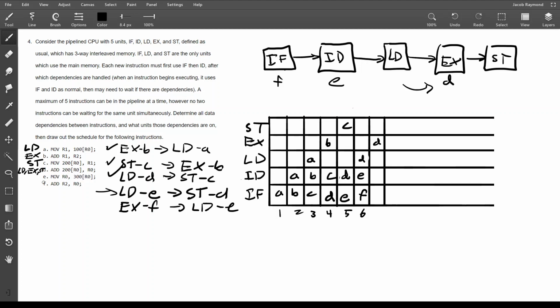Taking this value from memory and putting it here. So this is just a load. And that's our dependency here. The load for E depends on the store for D. So D moves on, but these just sort of stay here. So that means we cannot start